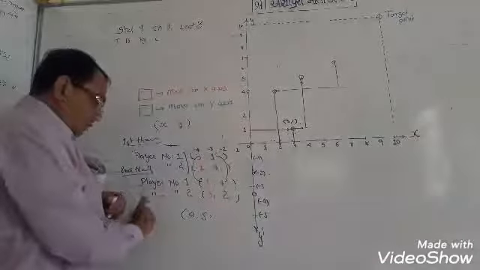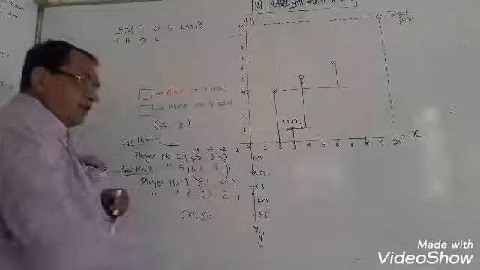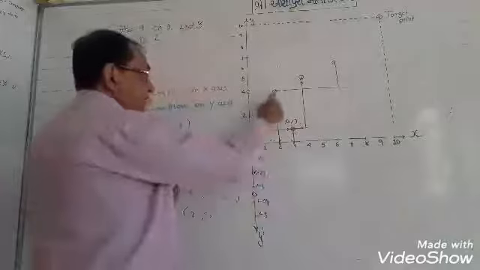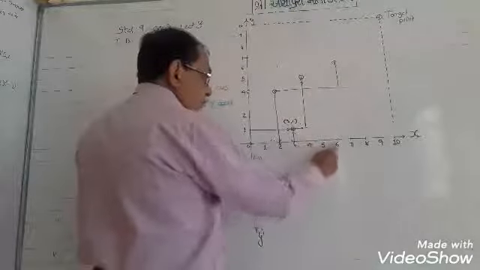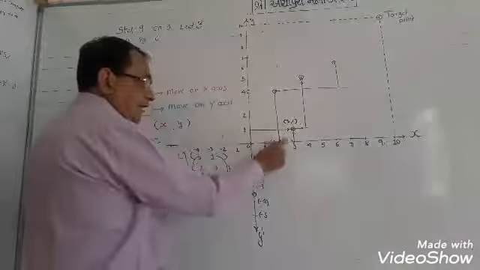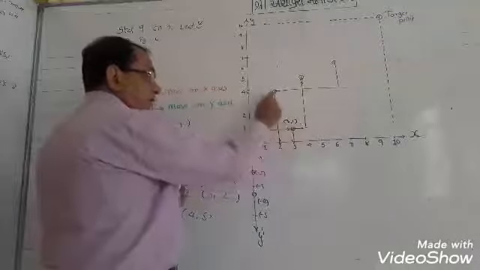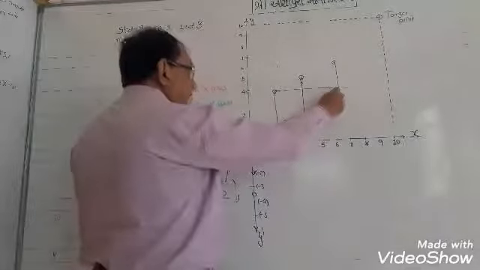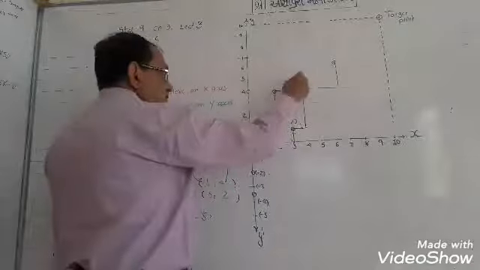Now the second throw of player number 2, 5 and 2. 5 red, green 2. So when he was here, 1 2 3 4 and 5, that is his original point. And for the second throw, he will move from here 5 units on the x-axis and 2 units on the y-axis. At the second throw they will reach it.